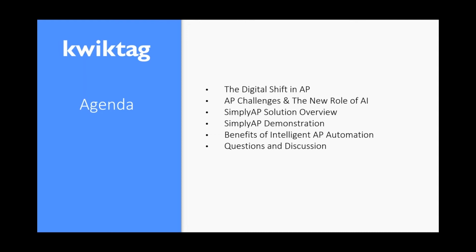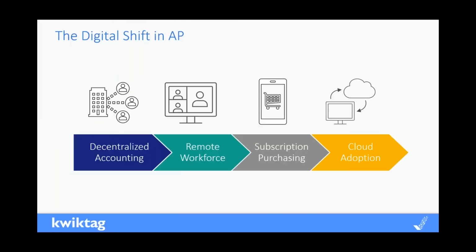So in diving into this, what's going on in the market, this digital shift that I'm referring to here, what we're seeing is that, and this started, friends, before the pandemic, okay? But in the course of the last couple of years, many of us have seen even greater adoption of these types of movements within our back office operations, specifically AP. We're seeing a digital shift.